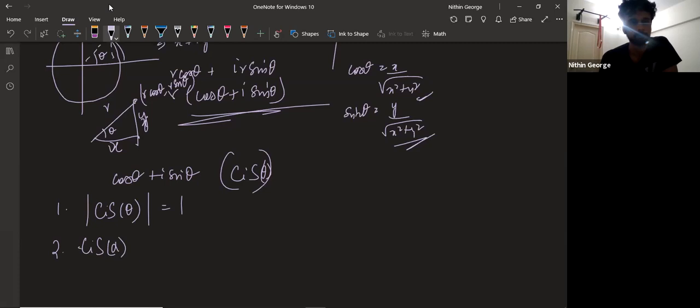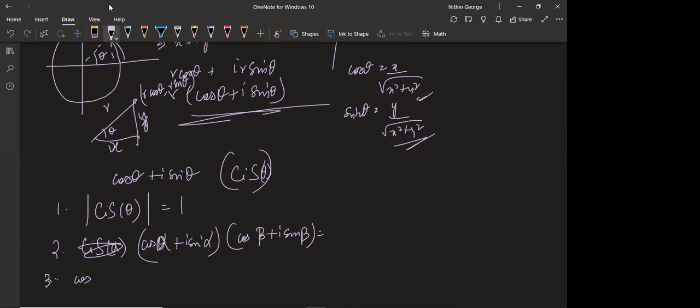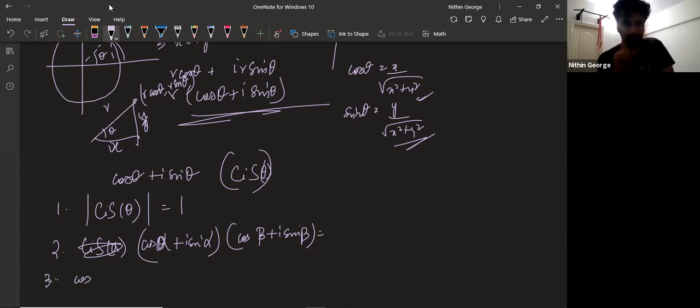Okay. So, cos alpha plus i sin alpha into cos beta plus i sin beta. What does this come up to? 1. Now you're simply guessing. No, it's not 1. There's alpha and beta. I'm not talking about the modulus. If it was just the modulus, it would have been 1. I think that's what you meant here. This is not the modulus value. I'm asking to multiply both of these. What do you get?